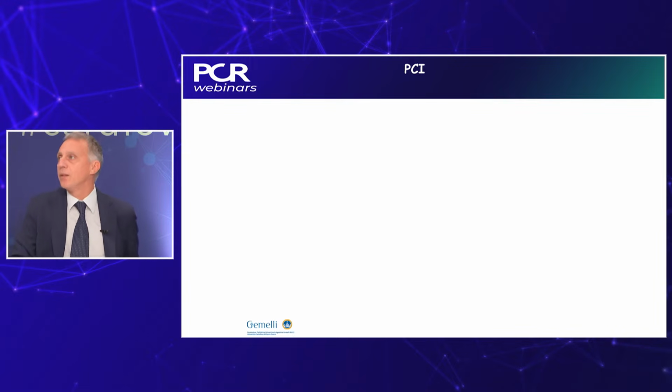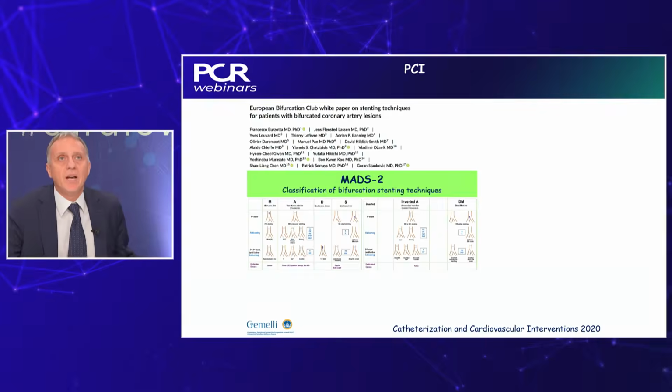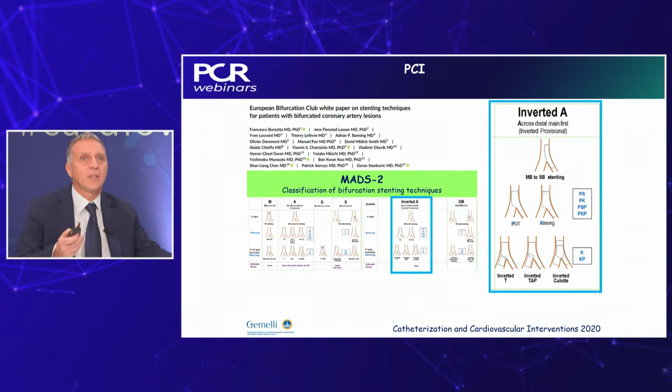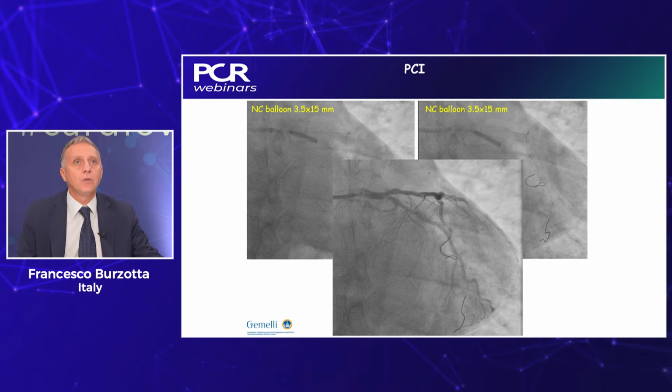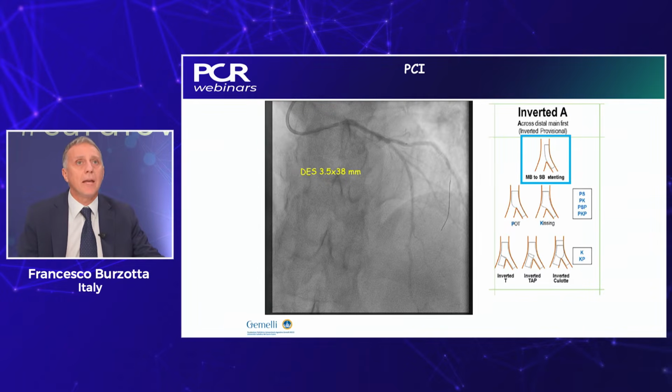So, if we can have the slides back, please. Okay. So the PCI was performed, as we discussed, according to the concept of inverted provisional. According to this, because we knew the size of the circumflex, we pre-dilated it with a 3.5 by 15 non-compliant balloon repeatedly. This was the angiographic result after that, and then we implanted a stent